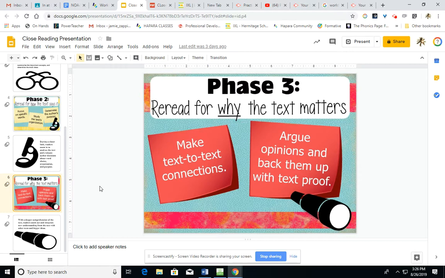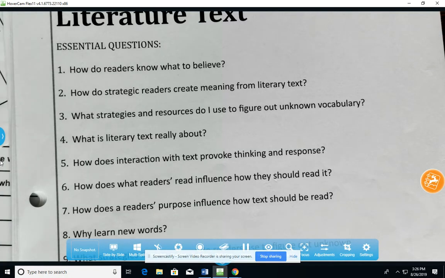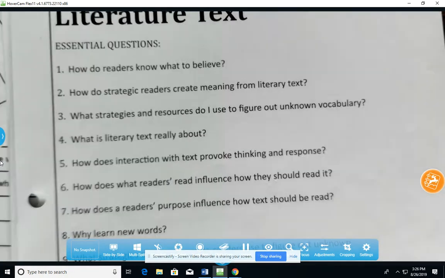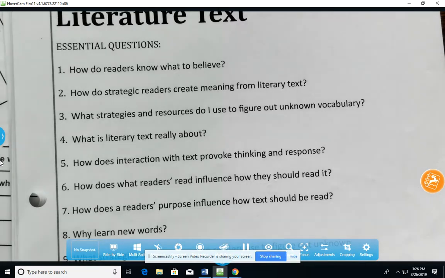But ultimately, as we do a close reading, we're not going to look at an entire selection to read over it for these 3 phases. We're only going to pinpoint specific areas of anything that we read to read it closely and to determine different things that we can take away from key specific targeted sections. So don't see close reading as, oh, I'm going to read through every story in here 3 different times. No, we're looking at focused sections that we can take to a deeper level by reading it, 1, for understanding,